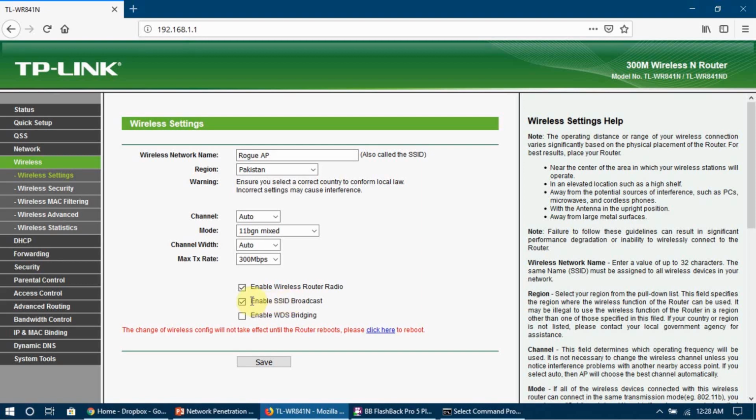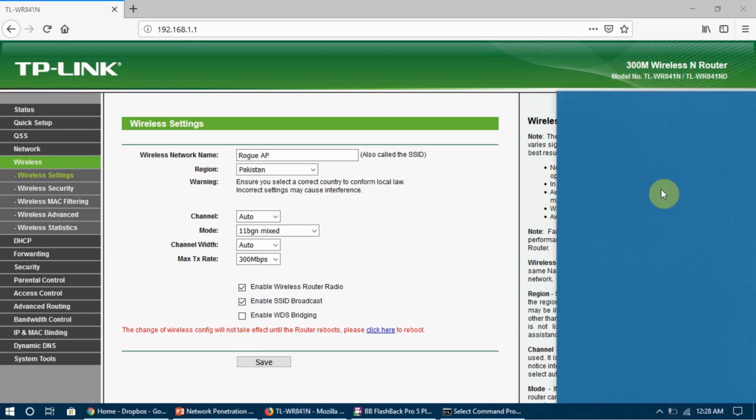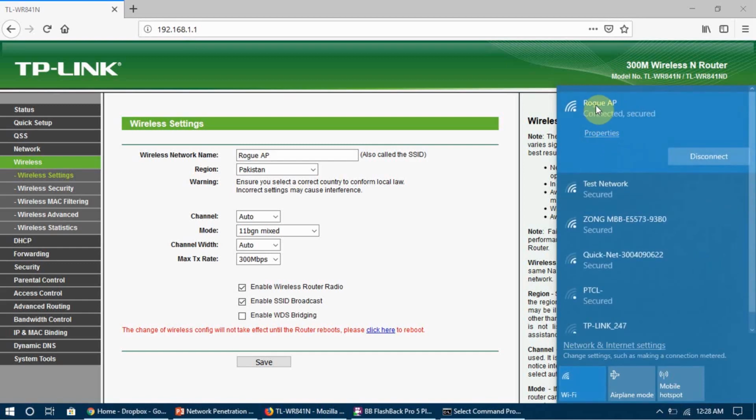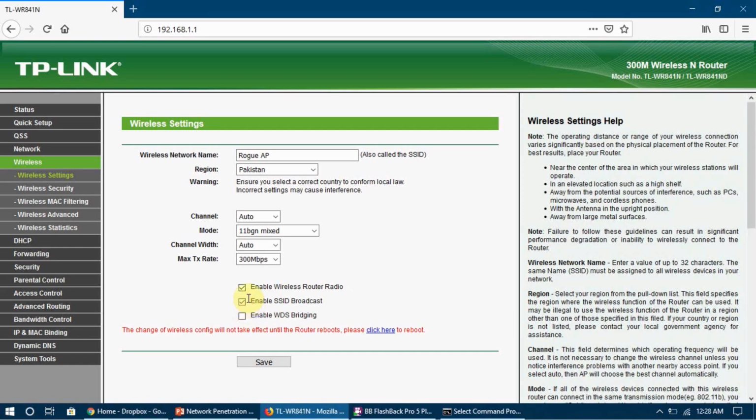If this is disabled and someone looks at what networks are available, they won't see the name of our network, and this option to connect won't be available because SSID broadcast is disabled. This is a security measure you can use, but it is not very effective because